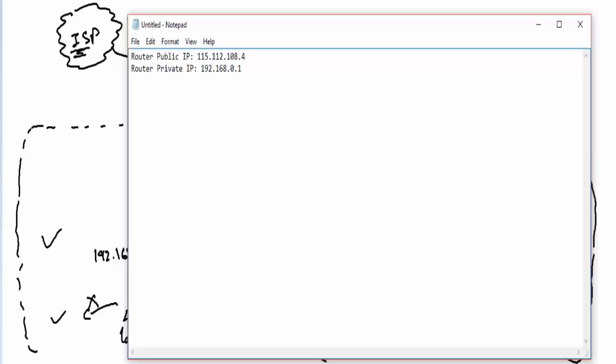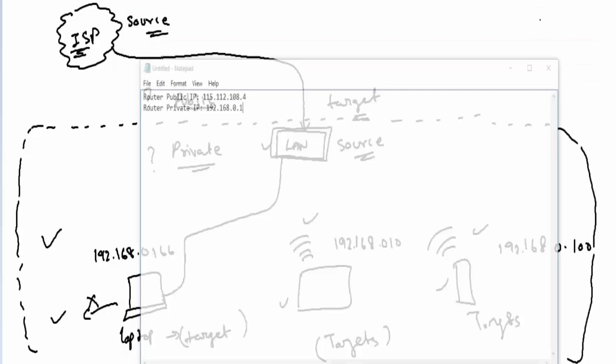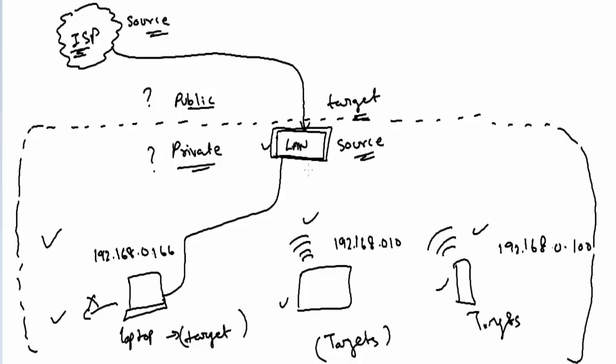One more thing we conclude with this is any device that acts as a source of internet to any other device will always have two IPs. The first IP would be when it is a target and the second IP would be when it is a source.